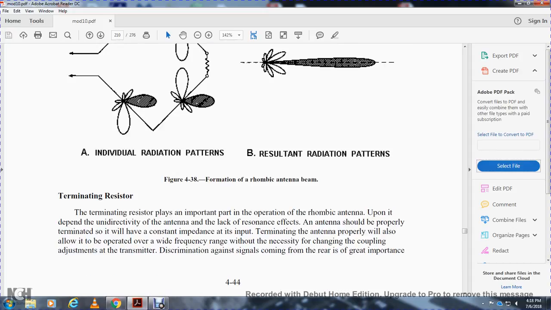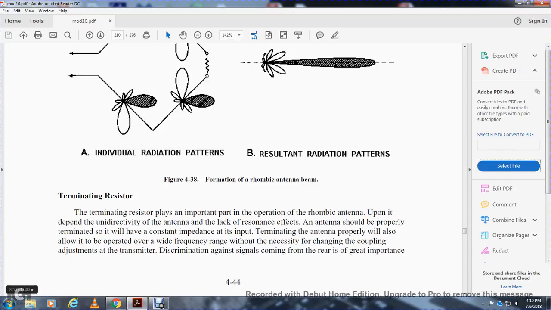All right, terminating resistor. The terminating resistor plays an important part in the operation of the rhombic antenna. It makes it a unidirectional antenna. Because of the lack of resonance effect, the antenna should be properly terminated so it will have a constant impedance as an input. The terminated antenna will also allow it to be operated over a wide high frequency range